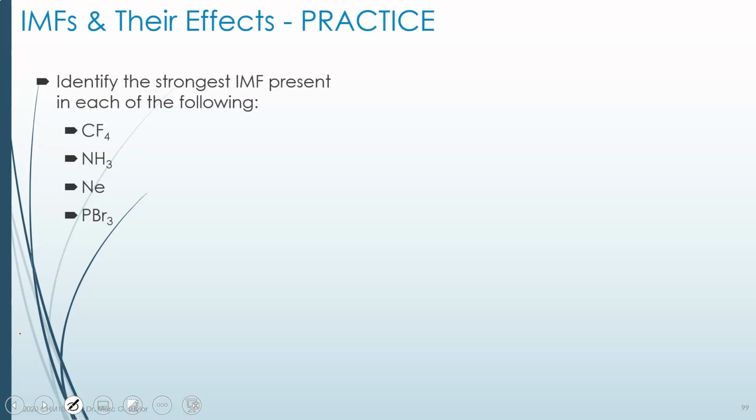So let's look at some examples. We have four molecules here. CF4, that's carbon tetrafluoride. NH3, nitrogen trihydride, but we know it as ammonia. Neon gas, and that just told you something. And phosphorus tribromide. If you're asked what's the strongest IMF present in each, remember, if it can be polar,